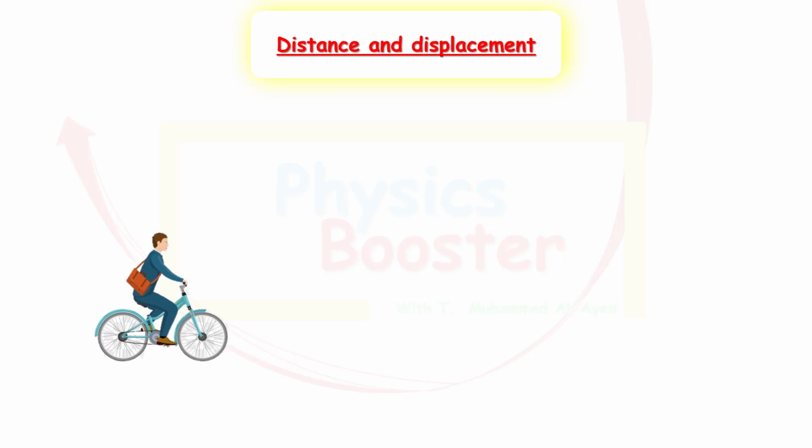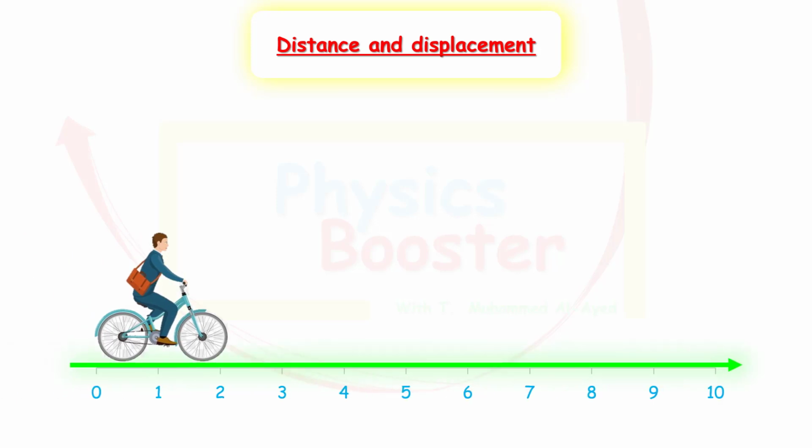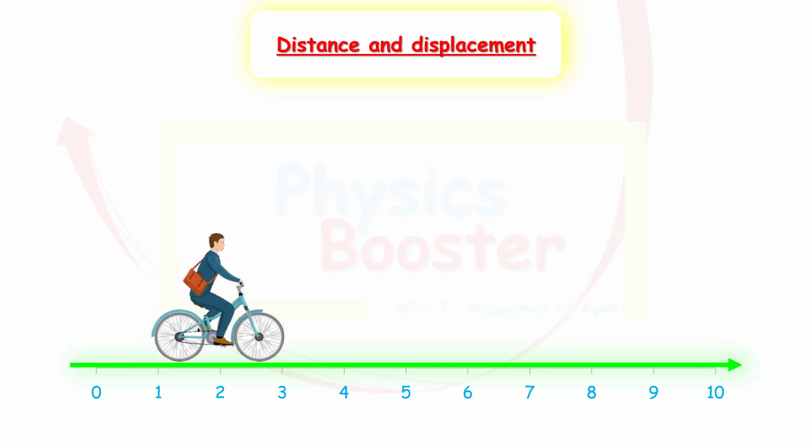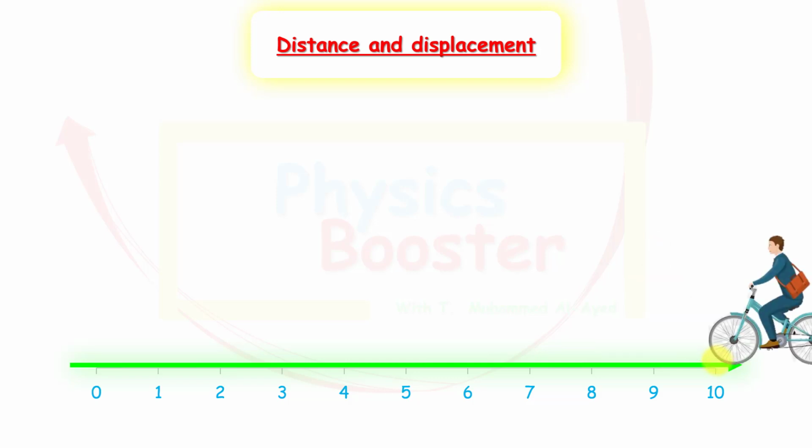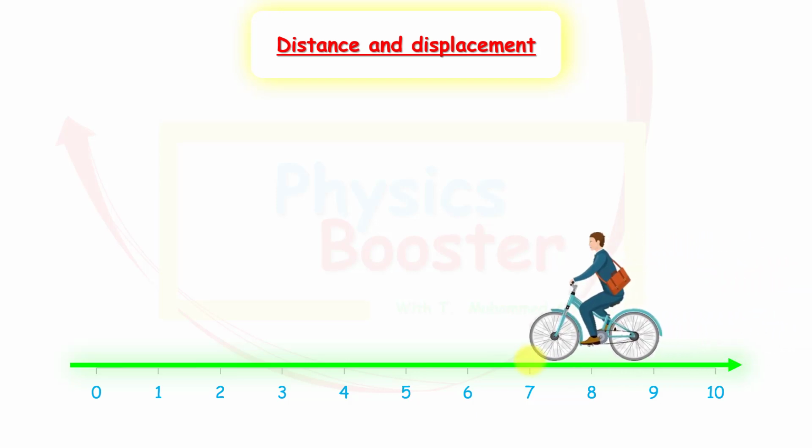Here we have a cyclist and he is moving on a path. Now let's say that he started from this point, which is 2 meters on this graph. Then he moved to the 10-meter mark. Okay, he moved from the 2-meter mark to the 10-meter mark. Then he turned around, moving from the 10-meter mark to the 7-meter mark. Okay? Now, again, he moved from the 2-meter mark to the 10-meter mark, then from the 10-meter mark to the